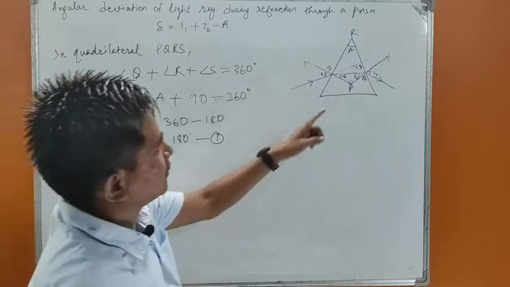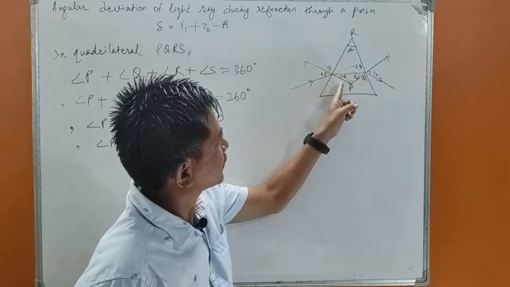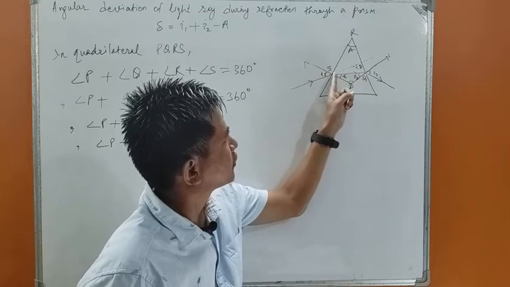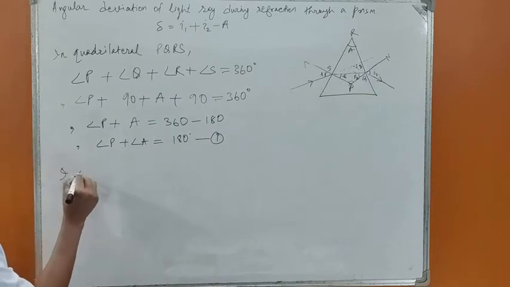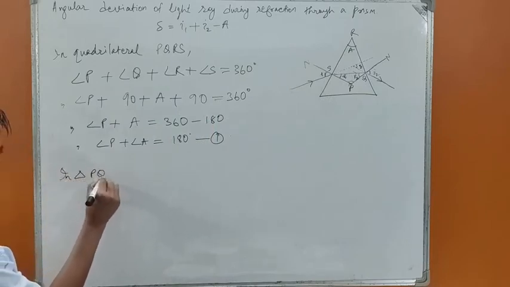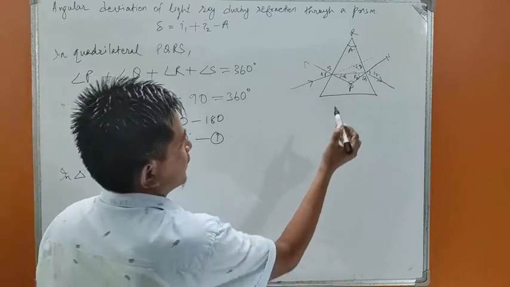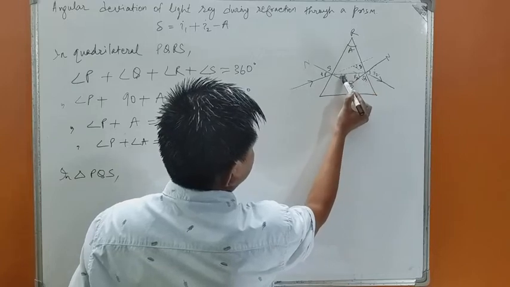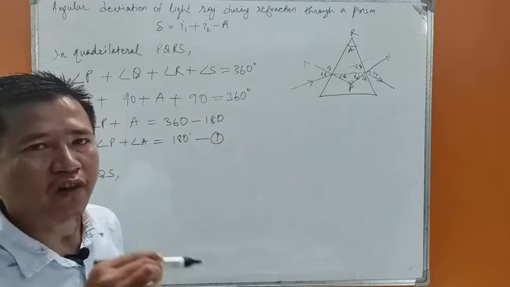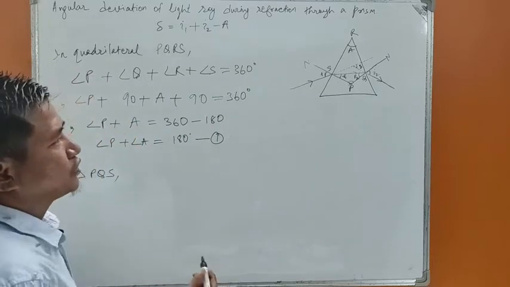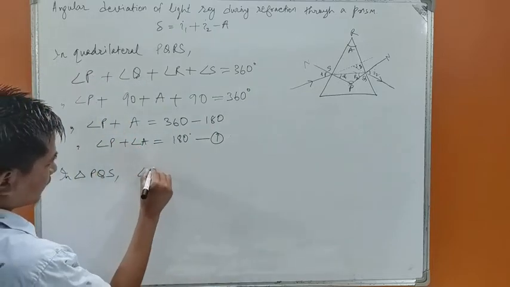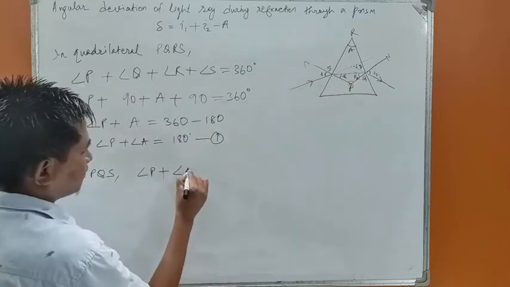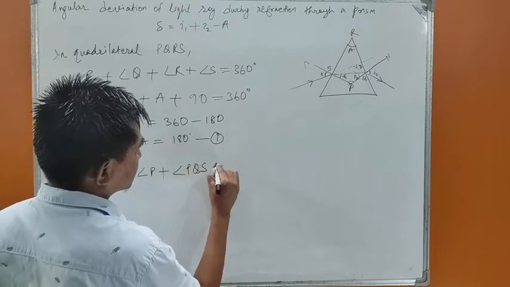Now in triangle PQS, okay, the small triangle here, PQS, I am talking about the small triangle. In triangle PQS, angle P plus this angle plus this angle equals 180 degrees, because the sum of all the angles of a triangle is 180 degrees, isn't it? So angle P plus angle PQS, PQS means this angle, plus angle